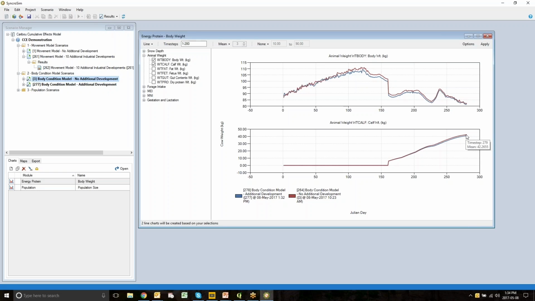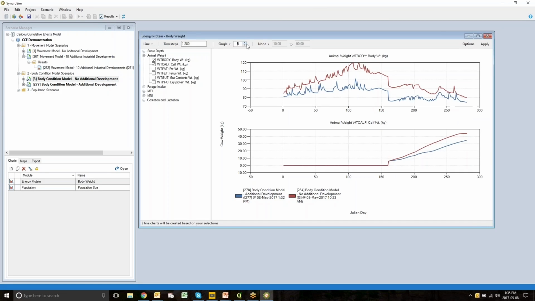Now recall that even small differences might make a significant difference in terms of birth rates and mortality rates over the winter. And also recall that here we're actually showing the mean across those 20 simulations, because there's uncertainty. Each time we run the model, we get a slightly different result. So rather than showing you the mean, I'm going to show you the output for individual simulations. You can see that within any one simulation, there's a lot more variability, and sometimes there's no difference between the body weight of the cow at the end, and other times we see some very large differences between the body weight of a cow, depending on whether there are no additional developments, or